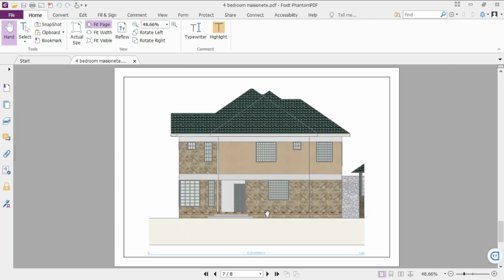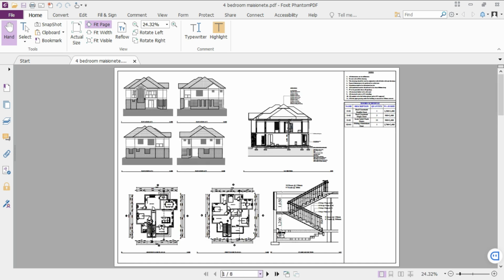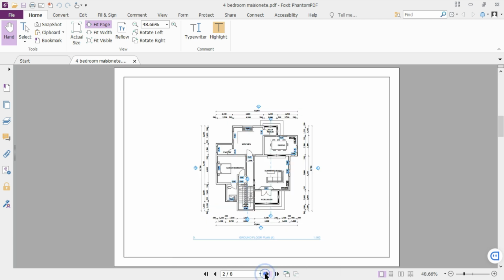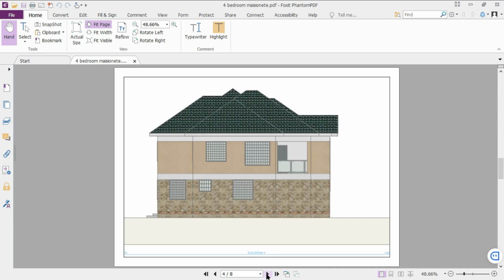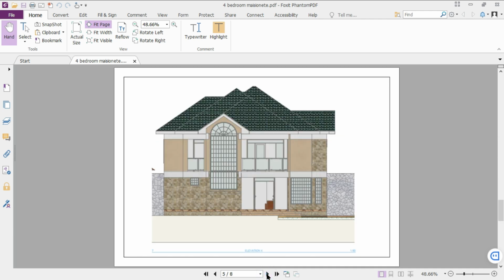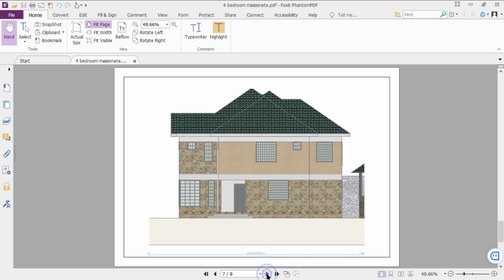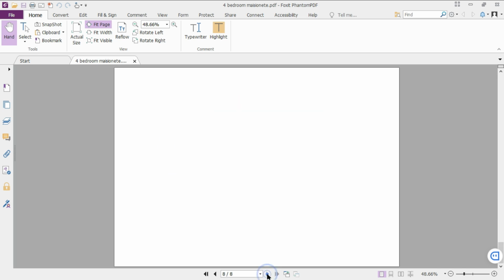So this is actually how this document looks. So that is the page 7. You can go just to page 1 directly. So that is page 1, page 2, page 3, page 4, page 5, page 6, page 7, and there is an 8 which is actually empty, but it's basically due to the fact that